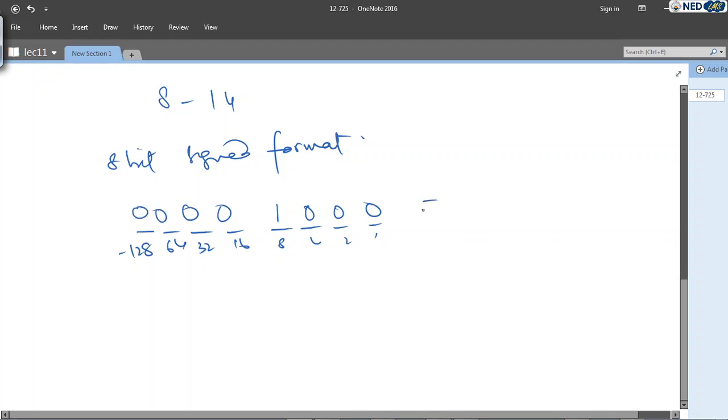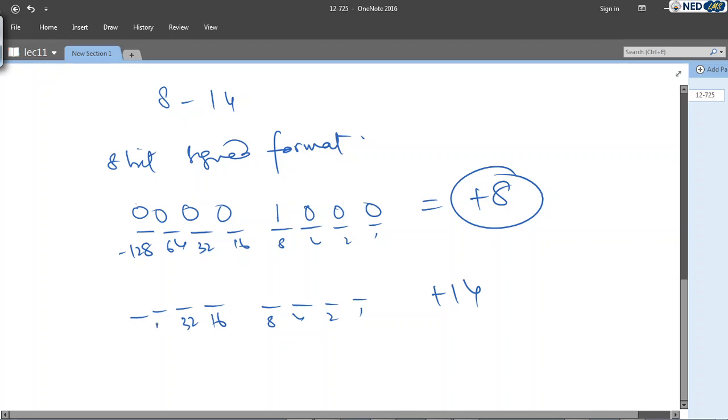So this is equal to +8, because the sign bit is actually 0 over here. Now for 14, first I need to write what +14 is. So I have the placeholders for the bits: 1, 2, 4, 8, 16, 32, 64,